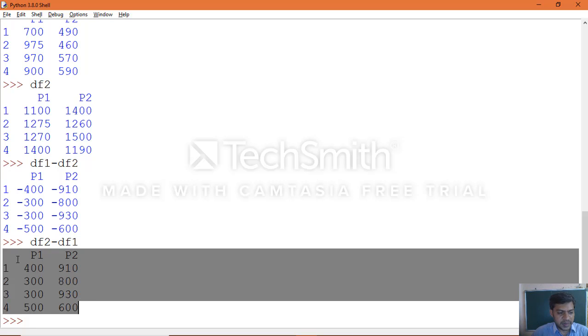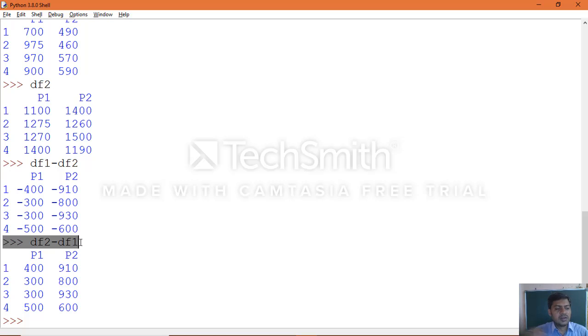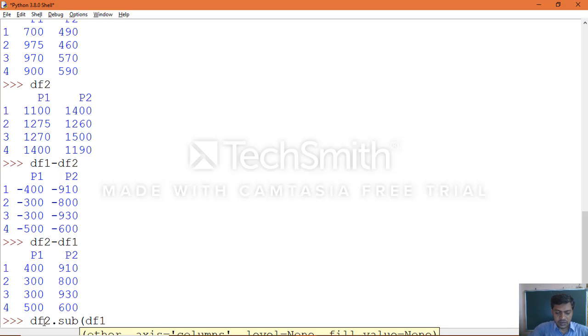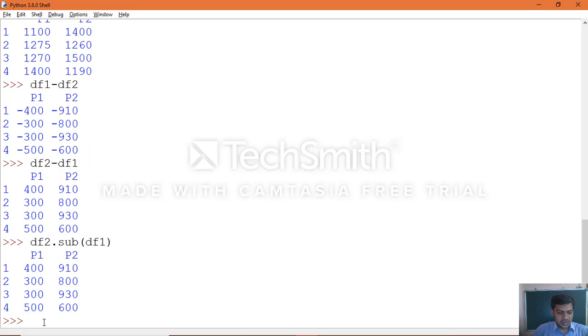This is the statement you need to use to get the difference of team 2, each player and each round, how much it has when you compare with team 1. Okay, each player in each round, the points, how many points are the differences. In the same way, we can work here by using df2 dot sub of df1, using the subtraction function.